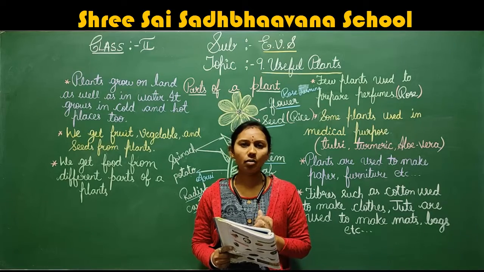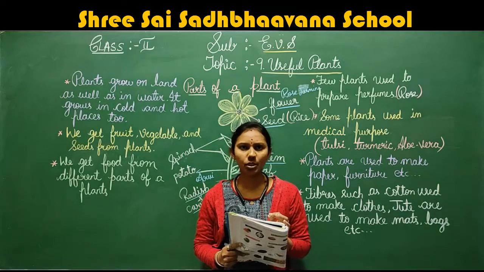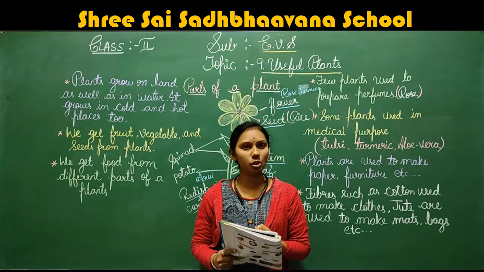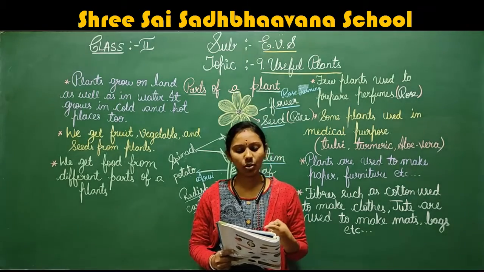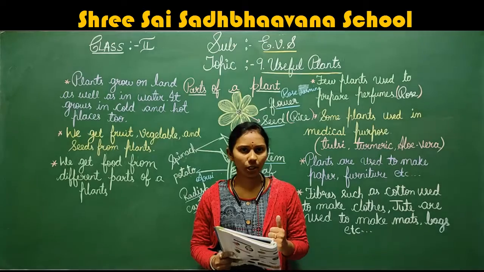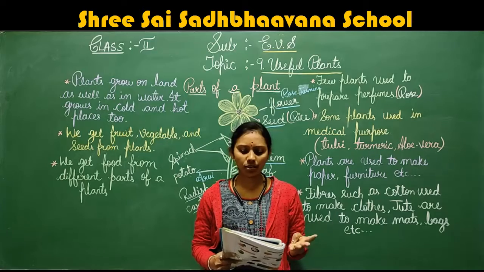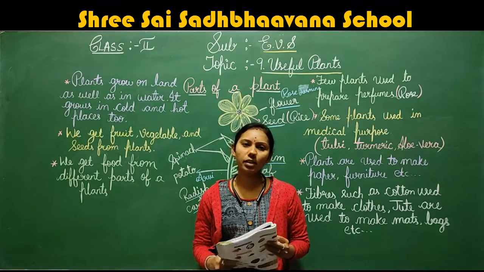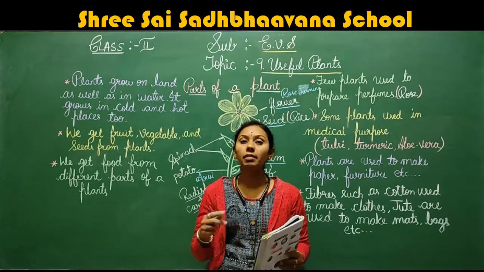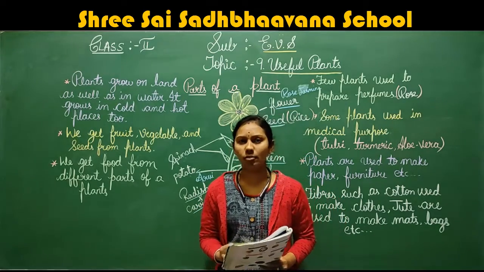How are we getting this? Yes, we are taking the seeds of groundnut. Groundnut, you know, no children? The seeds of groundnut we are taking. Then from mustard also we get the oil, mustard oil. Sunflower also you get the oil. Coconut oil too. These are the different types of oil we can see: coconut oil, mustard oil, groundnut oil, then sunflower oil. These are the main oils we get. For mustard oil, they take these seeds and crush them. When it is crushed, we get the oil from that.